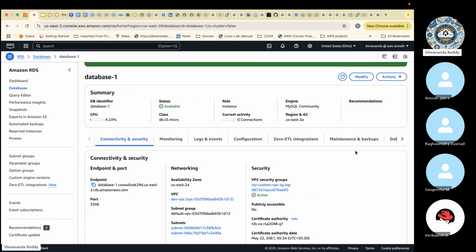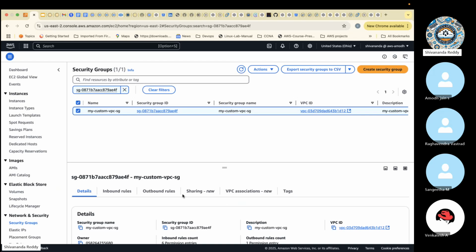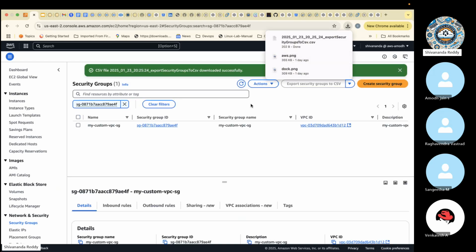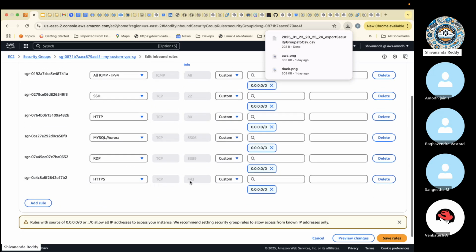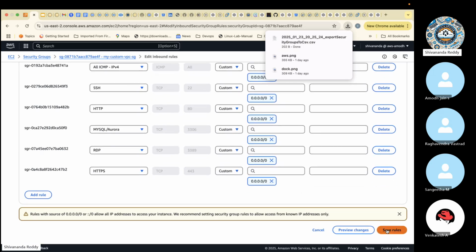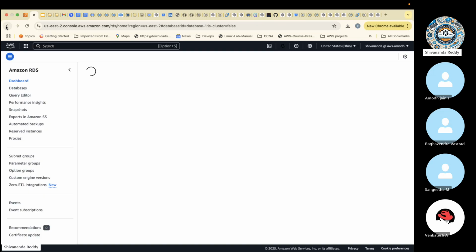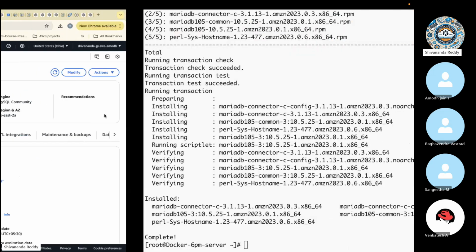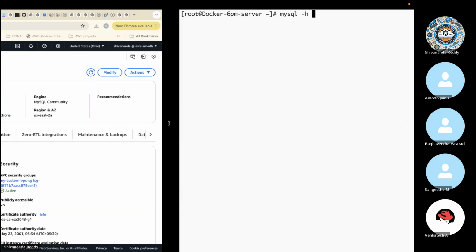Before connecting, we have a security group. We need to click on the security group and edit it. Actions, edit inbound rules. MySQL Aurora is there. Then save changes. It's correct. Then we can try to connect now. Let me go back to RDS. So we need to run it like this: mysql -h, here the